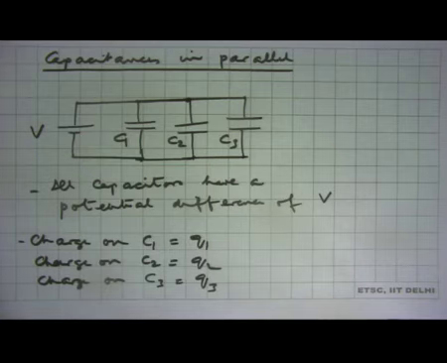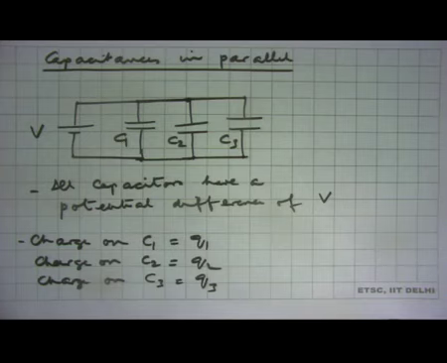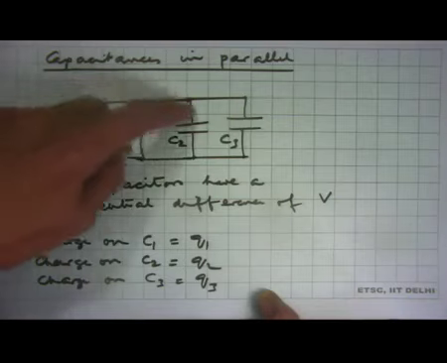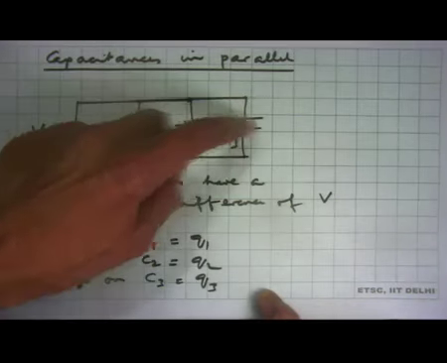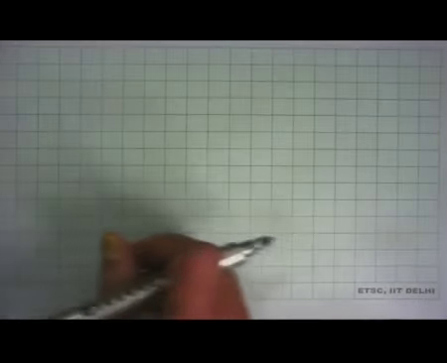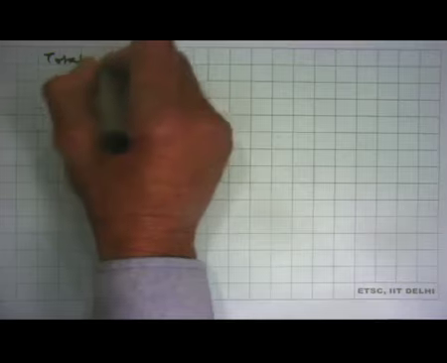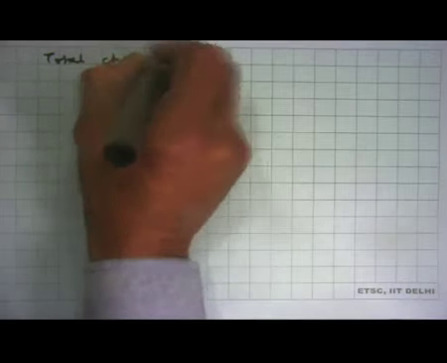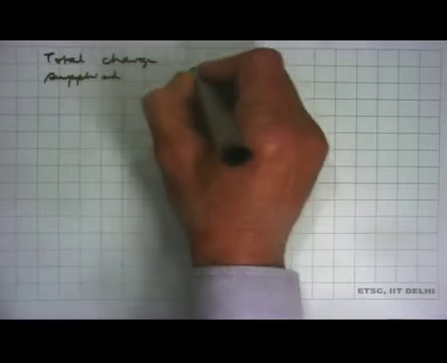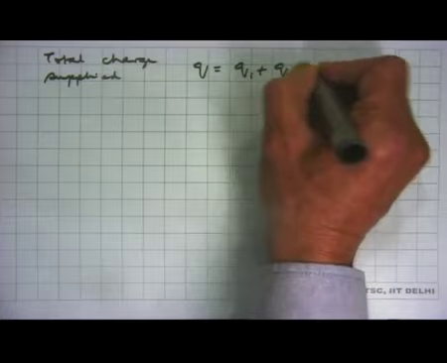So, please remember in this case the potentials across all the capacitors are the same, but this battery has to supply a charge Q1 to this capacitor, a charge Q2 to this capacitor and a charge Q3 to this capacitor. So, the total charge supplied by the battery is Q is equal to Q1 plus Q2 plus Q3,